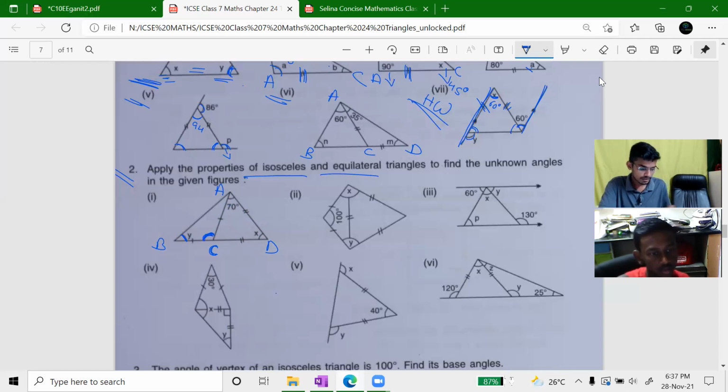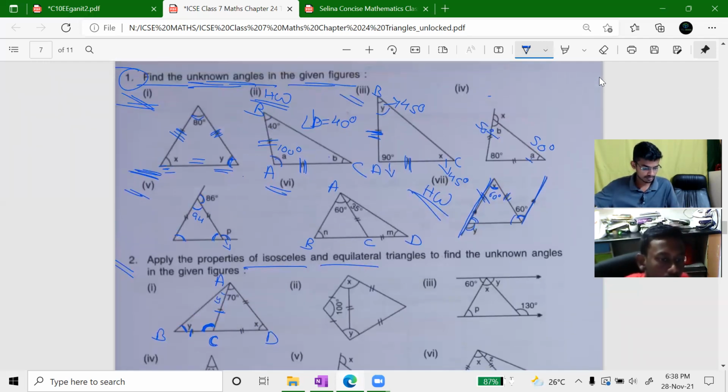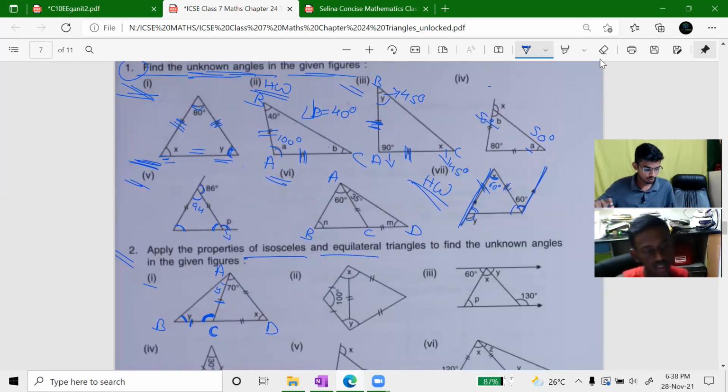But you know, they have given us that this is also an isosceles triangle. If this is an isosceles triangle, then these both angles will be equal to each other. So you can consider this also as Y. The same way as in question number 1, we did it. Do it by your own self using the same method. Now you have 5 minutes of time. It's 6:38. Take your time and do it by yourself.